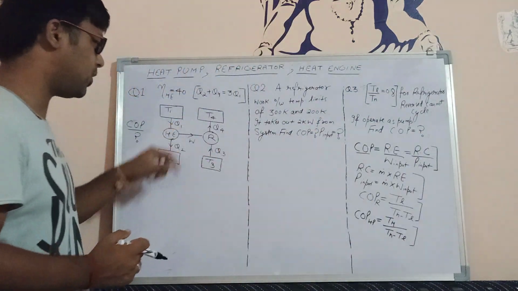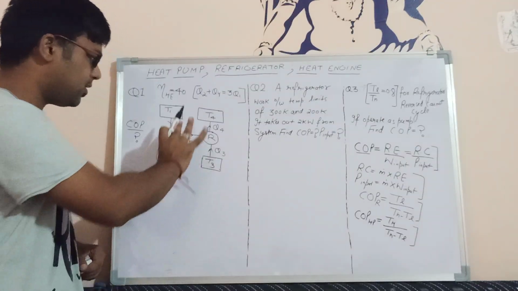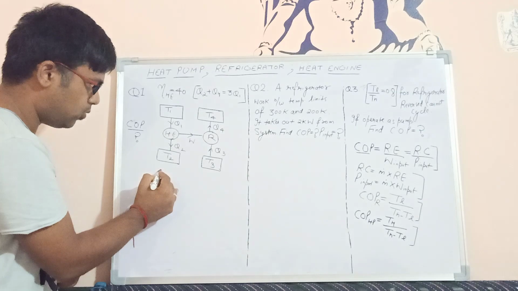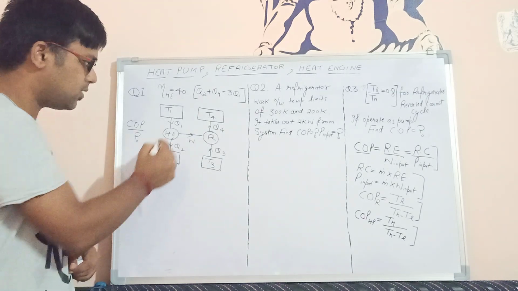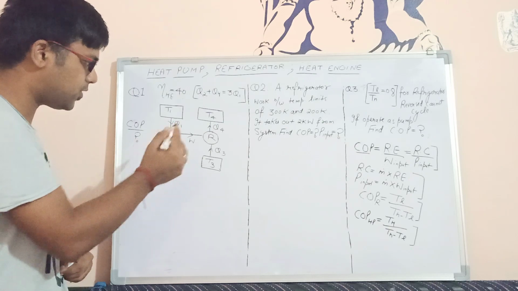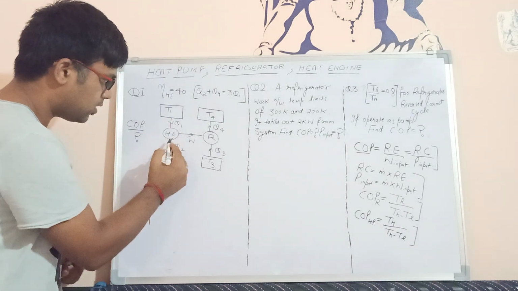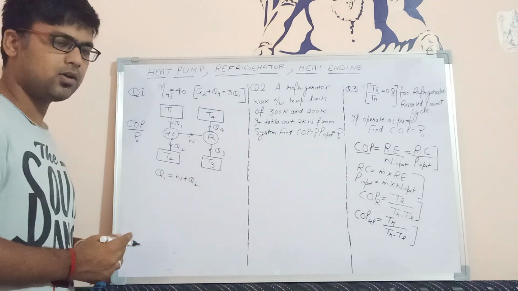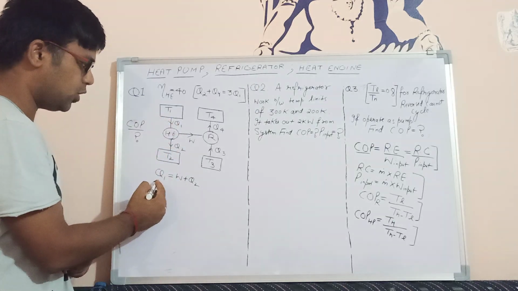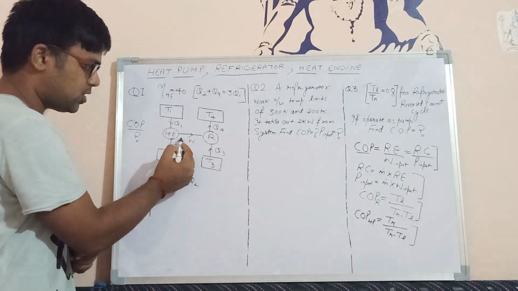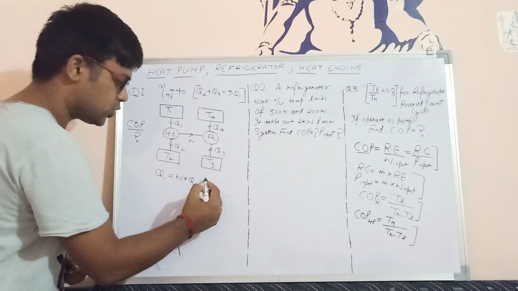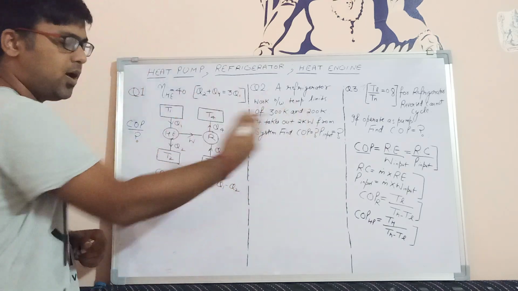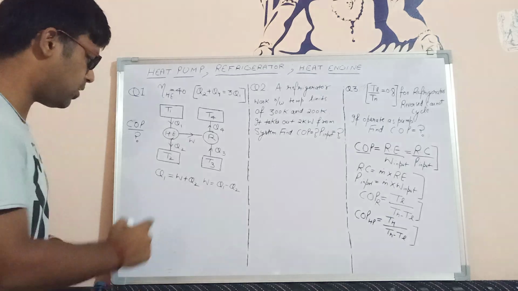Now, if I start with the first question, you can see that the first one is the heat engine. For the heat engine, all the arrows which are towards the system are Q1. Arrows which are away from the heat engine, for example work and Q2, give Q1 is equal to W plus Q2. So we can write that W is equal to Q1 minus Q2. That is the output of the heat engine. This is going to be my first equation.